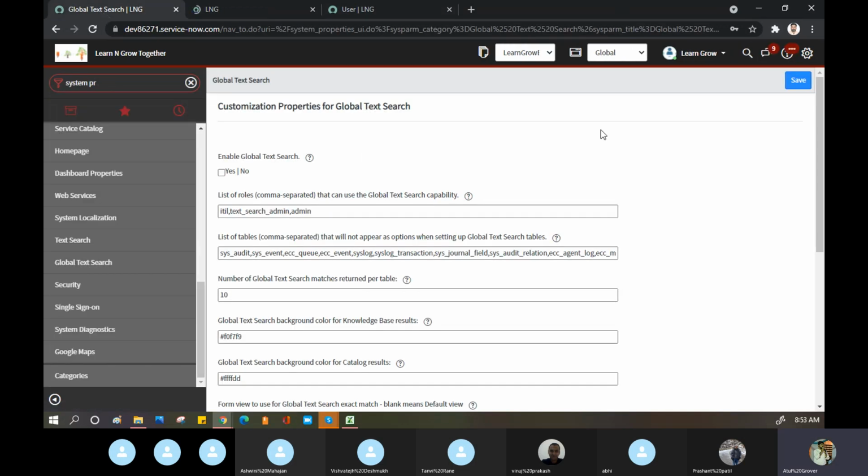It is coming from the property here. Who can search? ITIL user or these roles can search. If you remove the ITIL user or the admin, even though it is available, I cannot search it. Okay, so you can try at your end. Number of global text search matches returned per table.